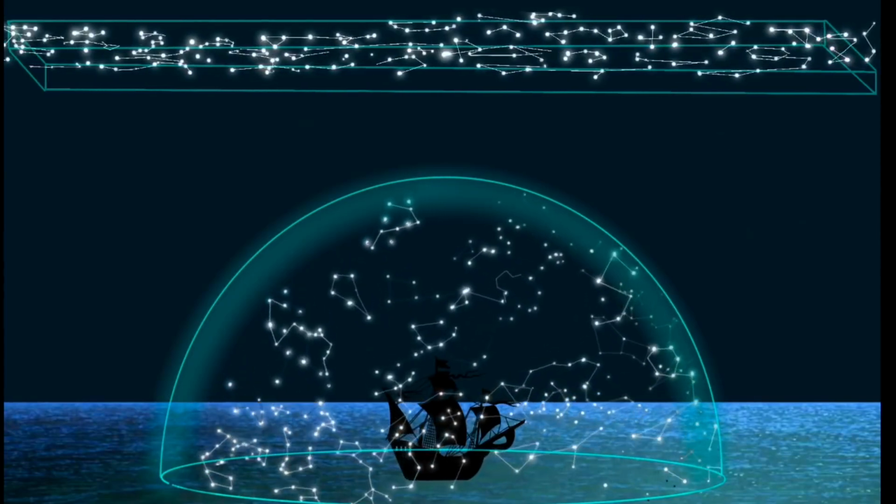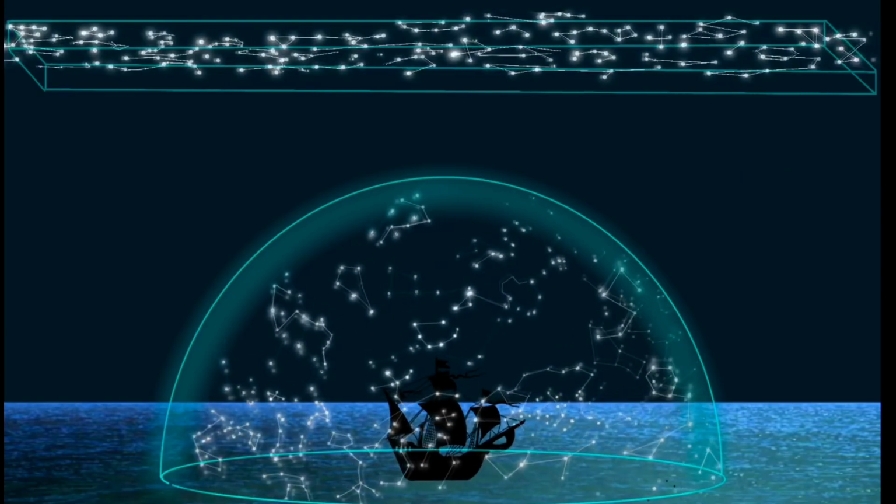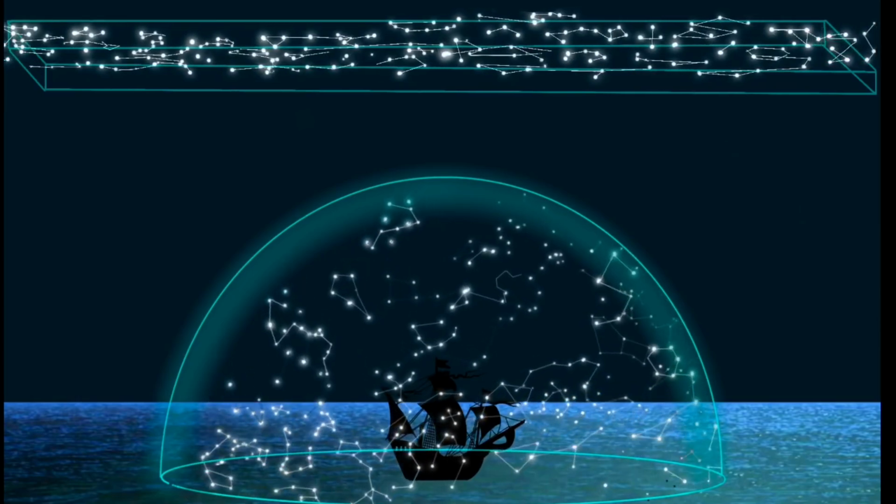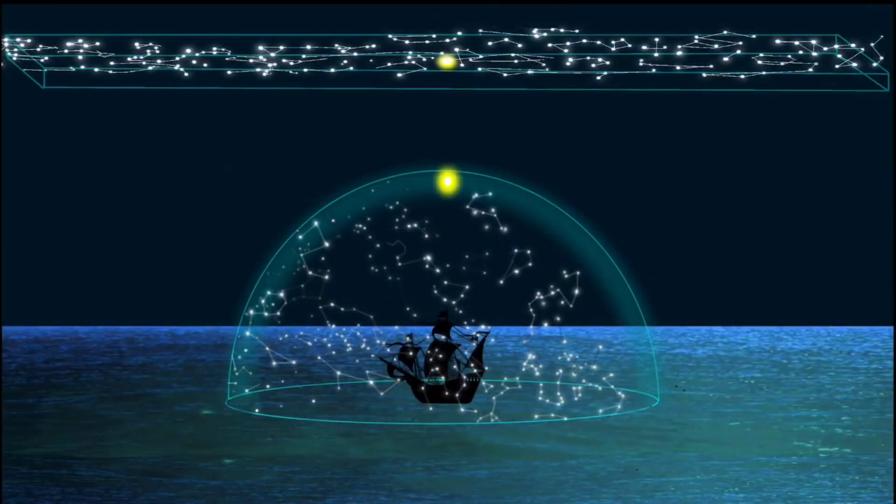Now that we understand that the flat celestial plane above us presents itself as a dome to our perspective point down here on the plane that we exist, we can understand how celestial navigation actually works. Every star in the flat celestial plane has a position relative to our flat plane where it will be 90 degrees. This is called the geographical position, or the GP, of that star relative to our flat plane here on Earth. When the observer is at the GP of the star, it appears 90 degrees above their head.